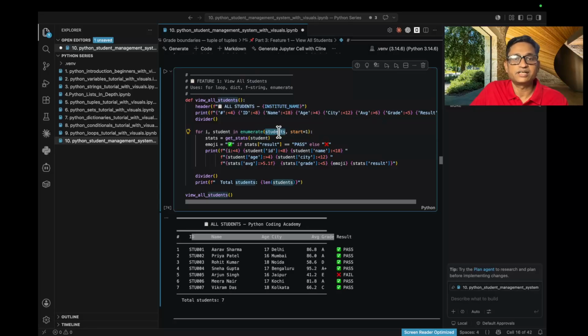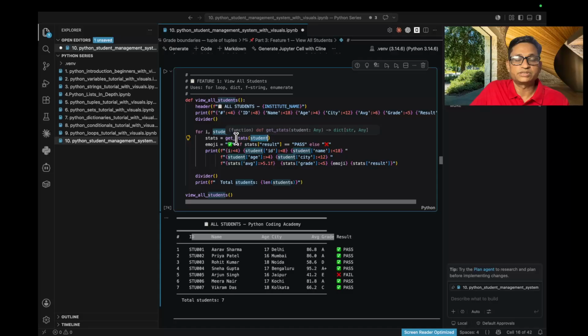It will take the variable and where it will start, like it starts from 1, 2, 3 and 4. So it will provide the id and the particular record. So for i, student in enumerate students, start with 1, it will take the stats of